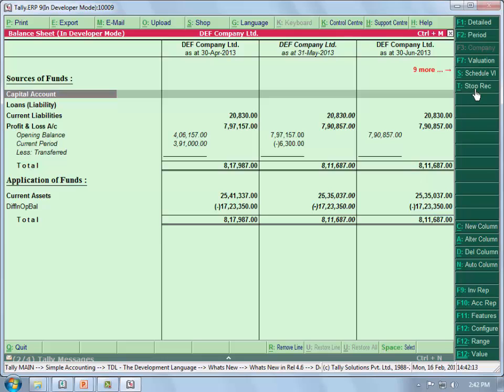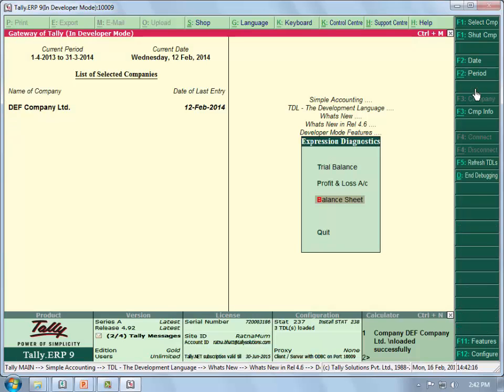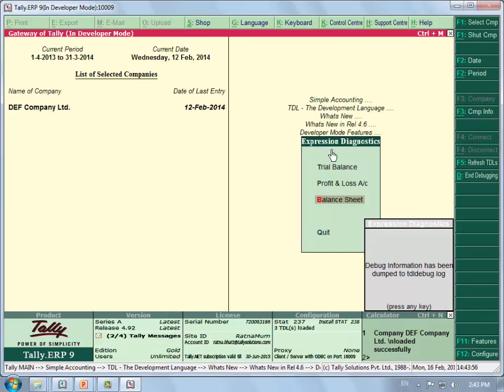Now we can do stop recording, end debugging. It is logging the required data, and you will see that the TDL debug.log has been dumped.